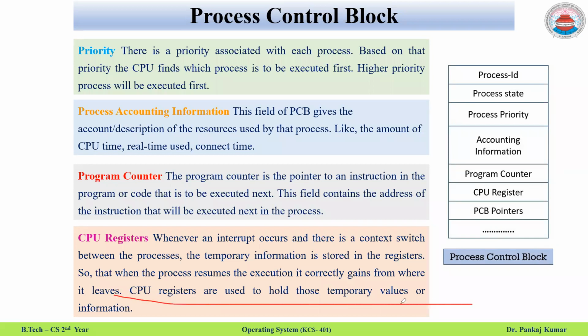So CPU registers hold the temporary values. What happens is, when the processor switches from a particular process, what was the surrounding, what was the environment at that time, what was the actual situation at that time. Okay, so it shows the actual situation of the process when it leaves it. When the processor returns back, it does not have to work out where to start. Okay, this is done by the CPU.